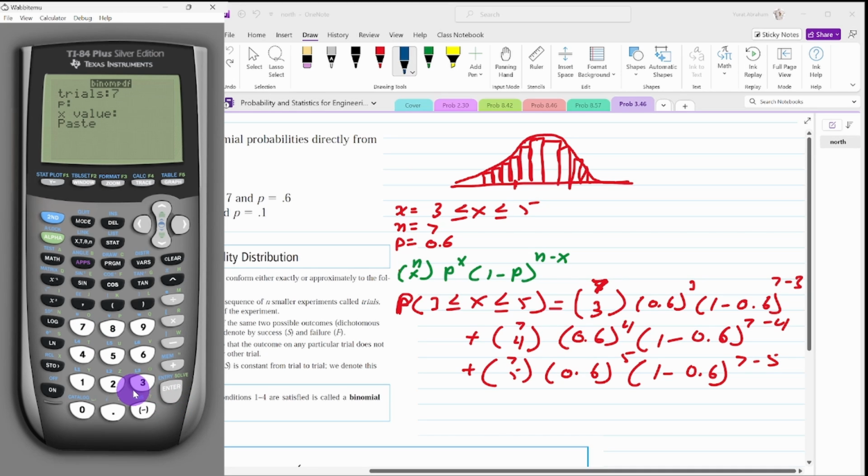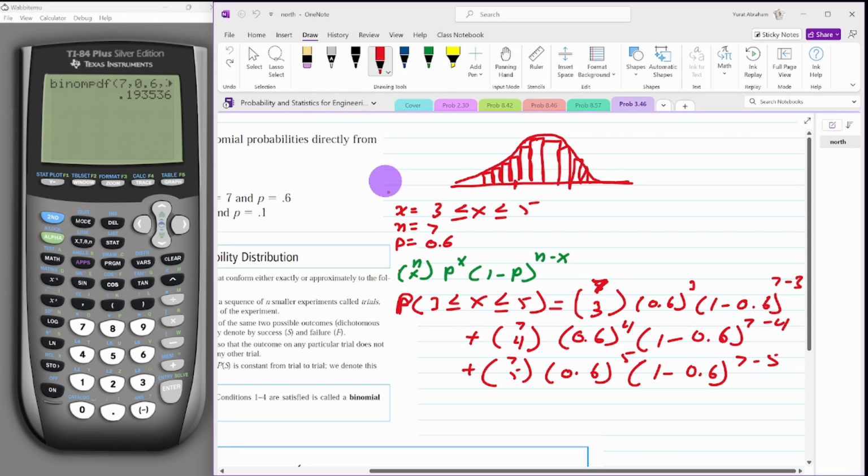Your p is your probability within those trials, which is 0.6. X value is 3. Enter. So we got 0.1935